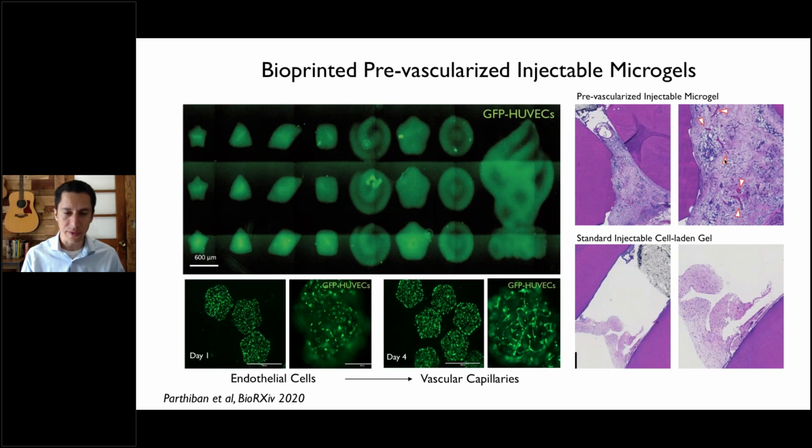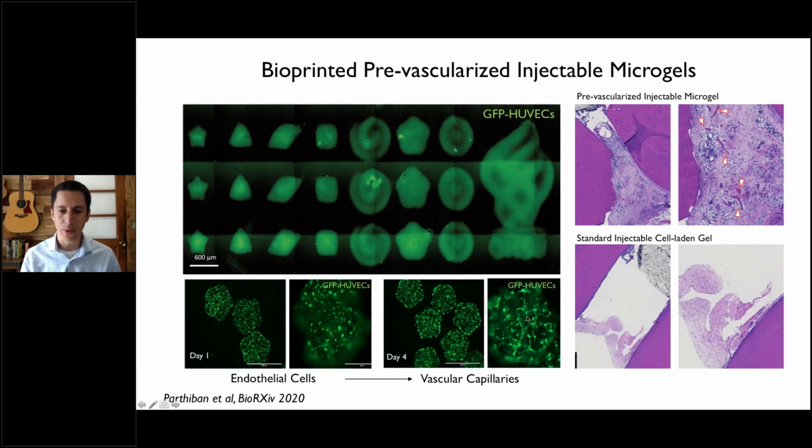The other advantage of this system is that now we can 3D print these cell-laden hydrogels. In this case, we printed these gels loaded with HUVEC endothelial cells and mesenchymal stem cells in different shapes. We can culture them for 3 to 4 days in highly optimized conditions in the lab, and let, for instance, a vasculature form, which is what you see here on day 4: the formation of vascular capillaries inside individual